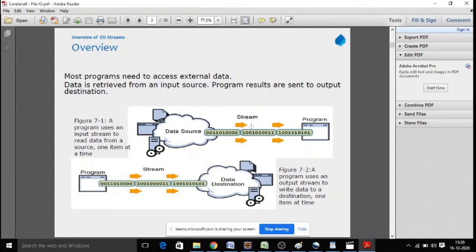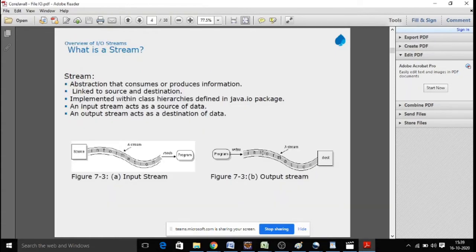If the information is binary, like image, video, or audio, we do it with byte streams. If the information is character, for example you want to read a file, then we use character stream classes. All these stream classes are readily available from the java.io package. A stream is nothing but a collection of bytes or a collection of characters.